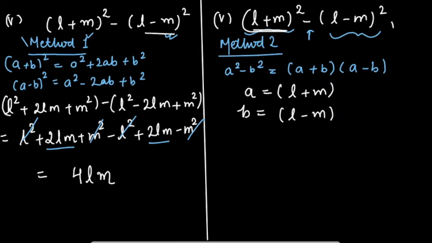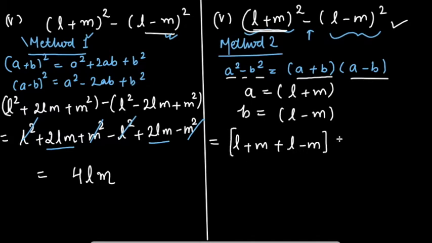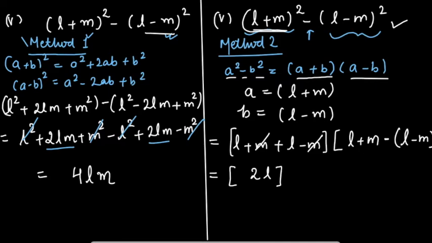Now my given expression is already in the form of a² − b². It means to factorize it, I have to write it in the form of (a + b)(a − b). So let's do it. A plus b, what will it be? l + m + l − m. This is your first bracket, a + b, into a − b. So here minus, and I'll place a bracket so that you don't make any errors with the sign. Now here, can I cancel this m? I'm left with l + l, which gives me 2l.